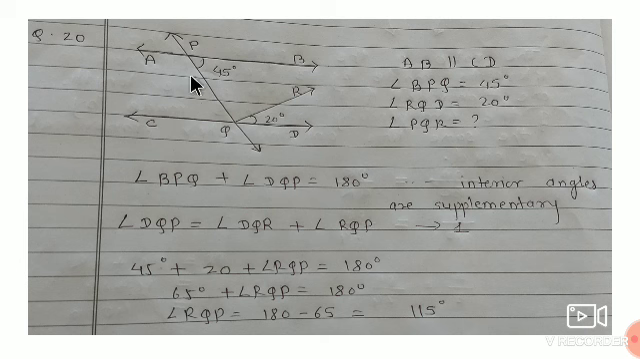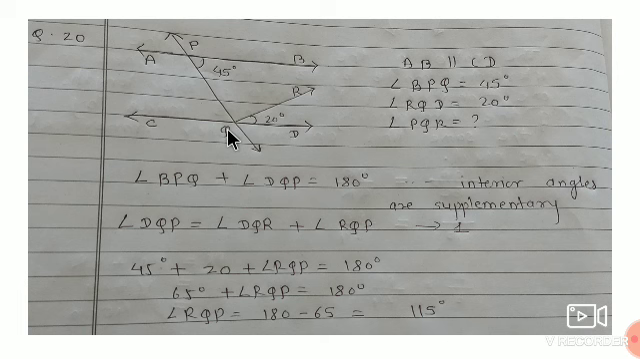These BPQ and PQD are interior angles which are supplementary. So write the equation: 180 degrees. But this angle DQP is divided into two angles, DQR and RQP. Here, DQR plus RQP. We know DQR is 20 degrees and BPQ is also given, 40 degrees. Put the values in the equation. After solving we will get